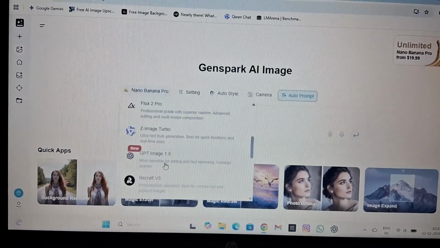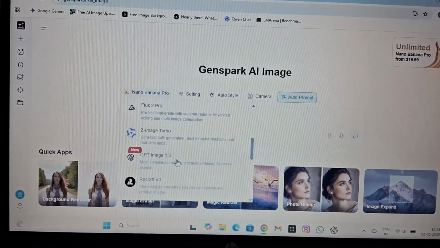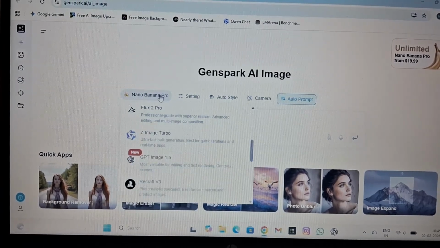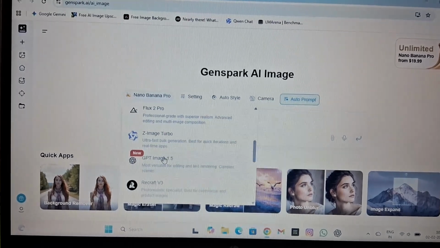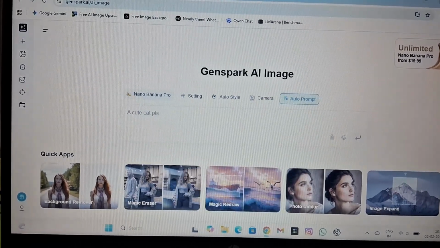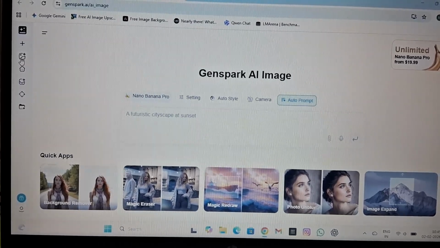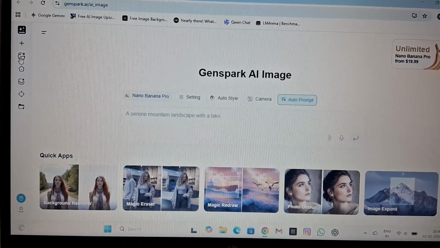And ChatGPT image 1.5. I personally like these two AI tools for image generation. I don't know why, but I personally use these two AI tools. So you can generate an image. I wouldn't show you generating an image because it will take a lot of time. I'm just showing you which AI tools you can use.